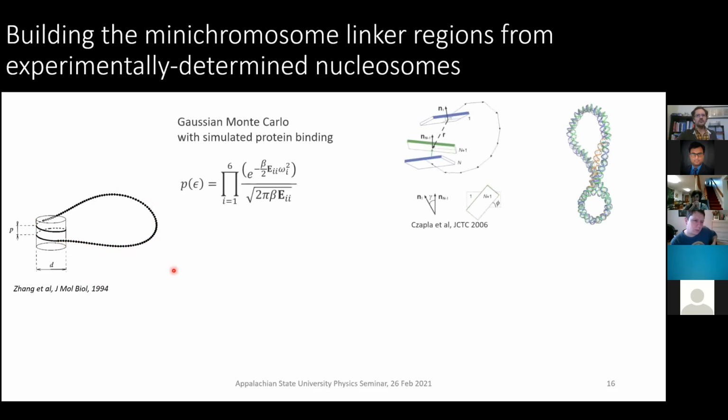And there are new ways for us to construct it, such as a Monte Carlo calculation. And we want to use this because it allows us to use real forms of the nucleosome that we can get from the Protein Data Bank to create these mini circles. You don't really need to worry about the mathematics here. What's really important, though, is that when we use this Gaussian Monte Carlo, the issue is that you can't really make a circle.